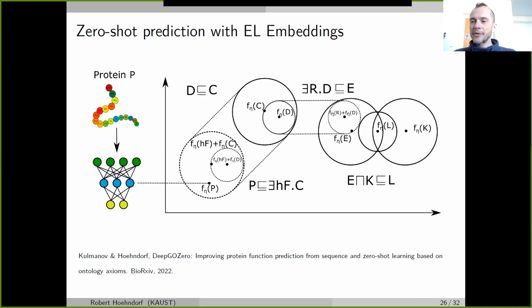So you can see this as a way to take a language model and use it for protein sequences, but you can also take a language model and encode background knowledge about this domain in your language model. So it's something that is complementary to a transformer. You can use a transformer for this embedding, but to answer your direct question, we have not compared it with just the transformer, no.